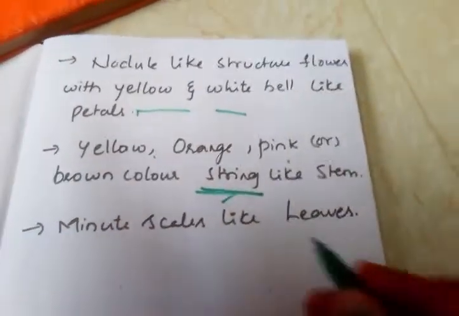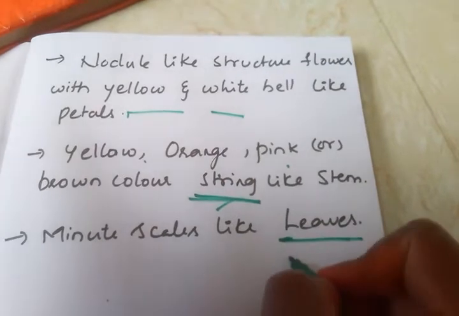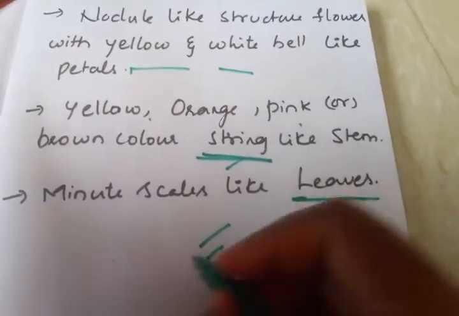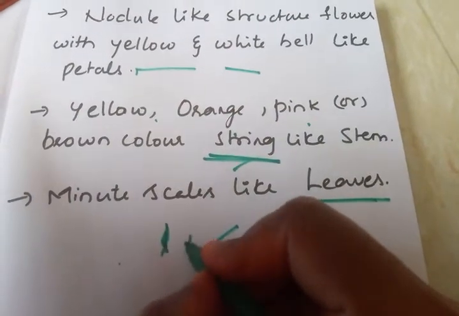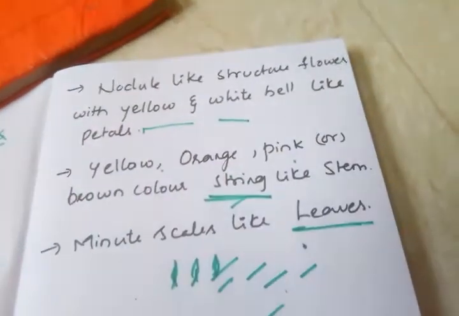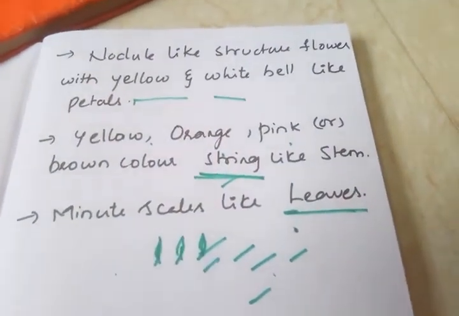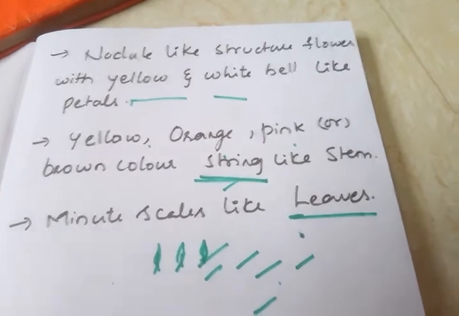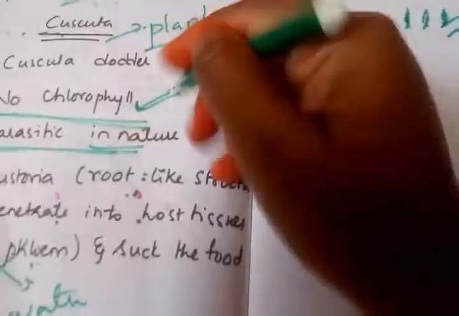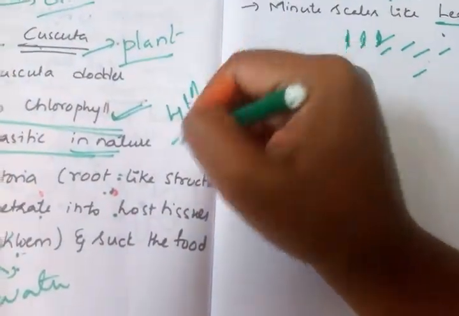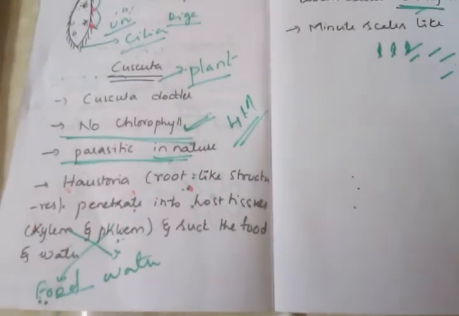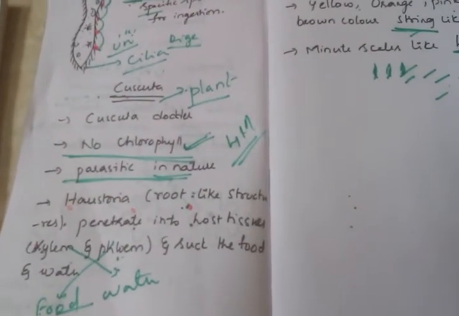And finally, coming to the leaves. As no photosynthesis process takes place, the leaves of the Cuscuta are thin, minute, small scale-like leaves. These small scale-like leaves will be present in the Cuscuta. This is about the anatomical structure of the stem, leaves and flowers of the Cuscuta plant. So this Cuscuta is an important 4 mark question for our final examination. Clear? So these are about nutrition in amoeba, paramecium and Cuscuta.